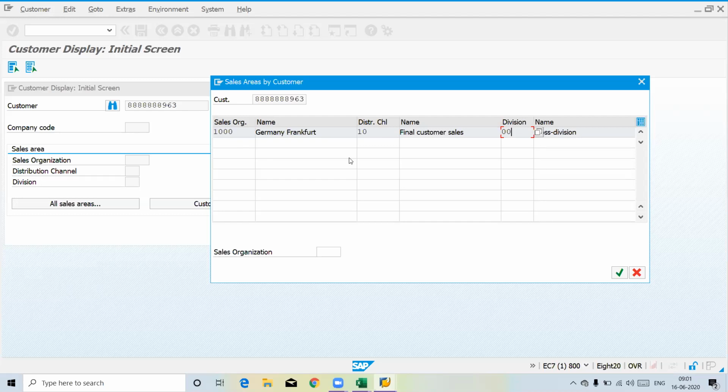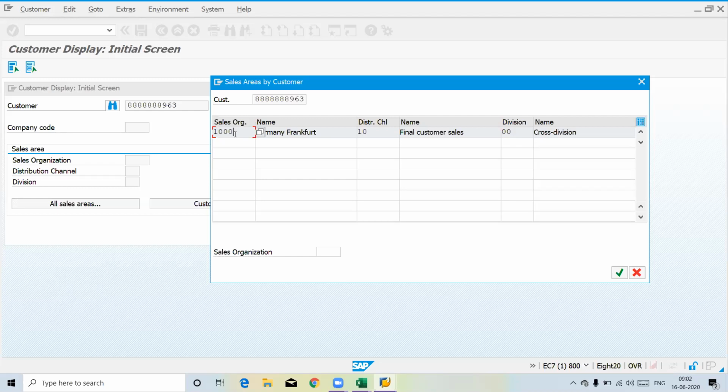One customer might belong to 1000, and also to 2000, 3000, 5000. The same customer might be created in different businesses. Assume your customer is selling clothes to distributors, FMCG stock, and maybe other products like electrical goods also.